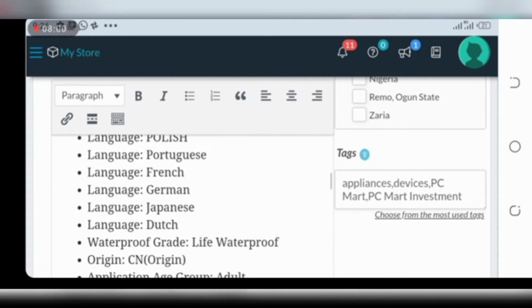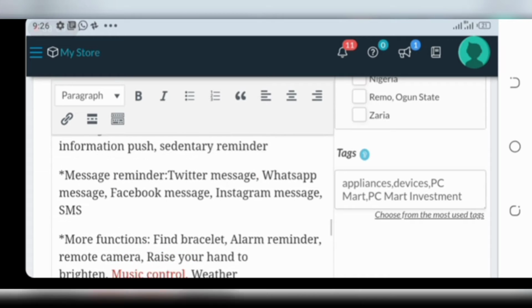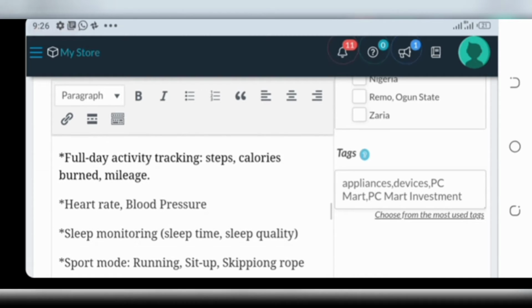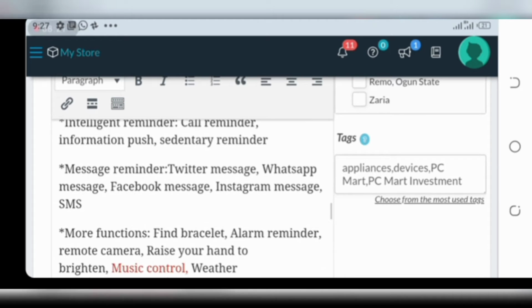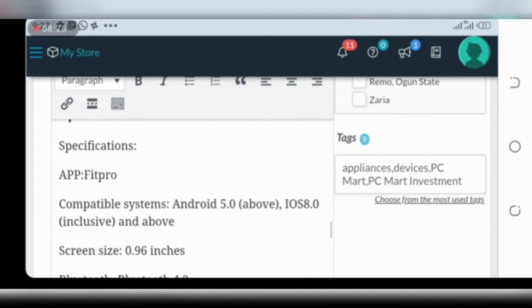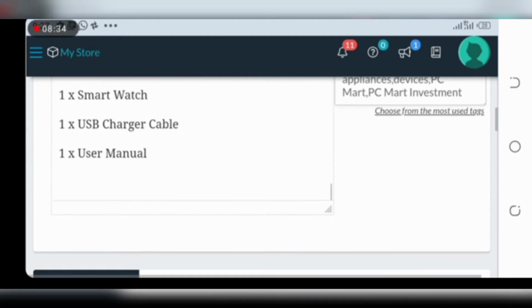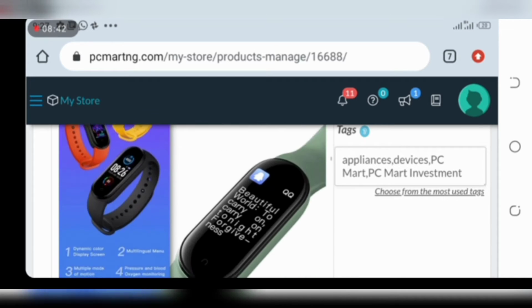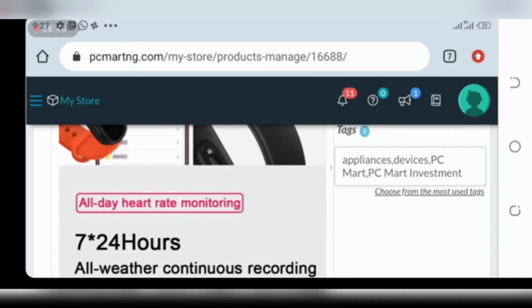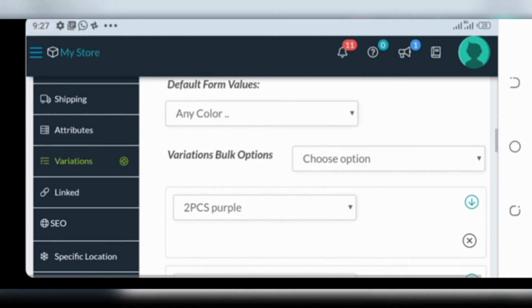Let's check. You can see all the description. I don't need to write anything. No need to rack my brain for what to write as description. No need to do any copying and pasting. None of that. All the details that my customer needs at a glance have just been imported, including images. Yes, here are all the images that my customer needs to know the details about this product. So all have been imported.